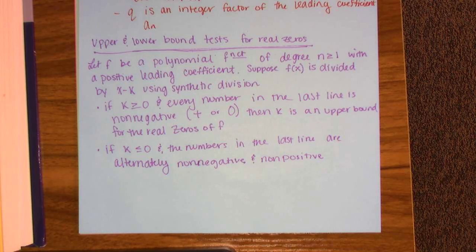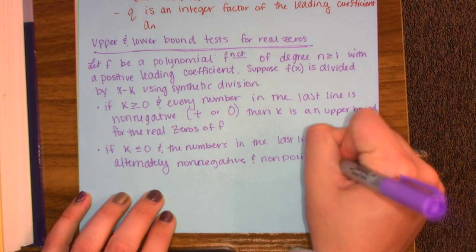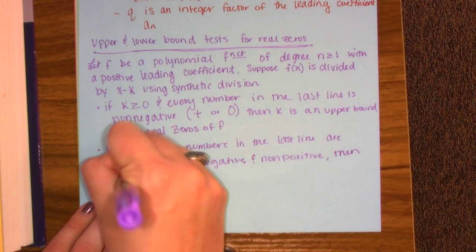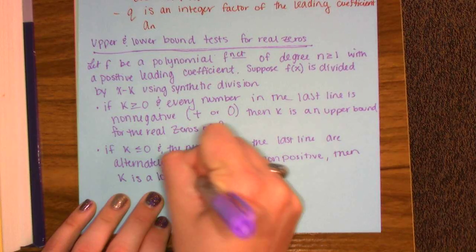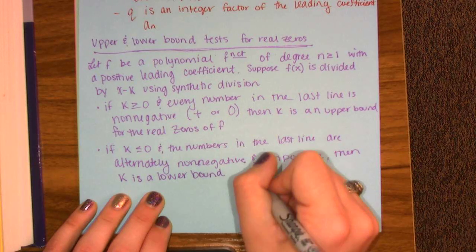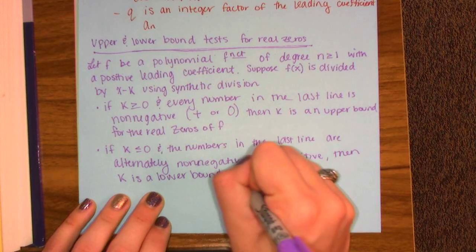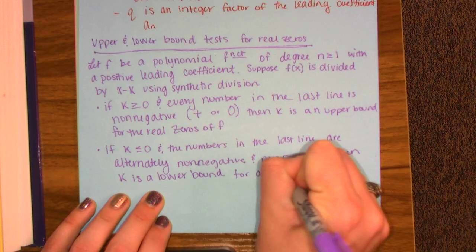Or a 0 could be in there because it just says non-negative or non-positive, so it doesn't say that it has to be positive and that it has to be negative. 0 works as well. Then k is a lower bound for all the real zeros